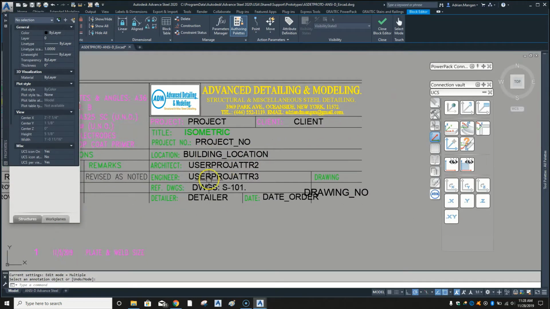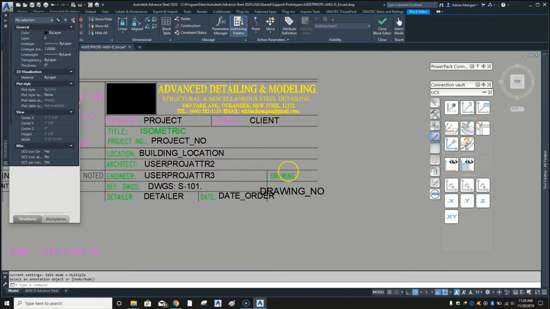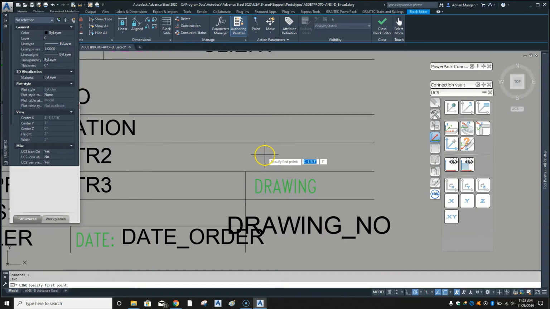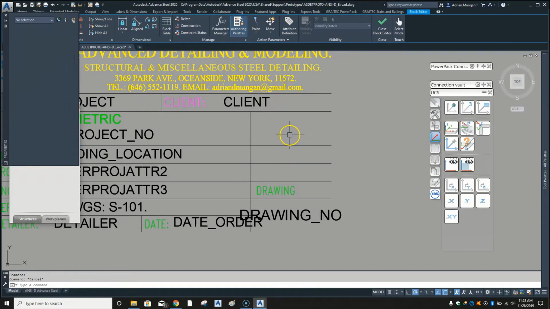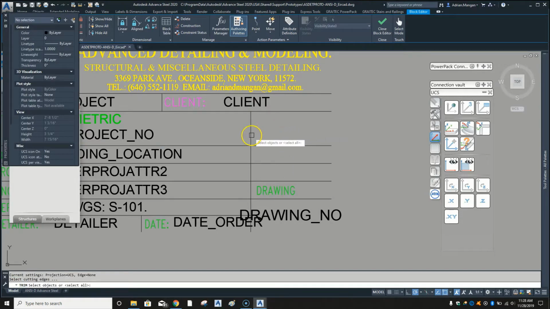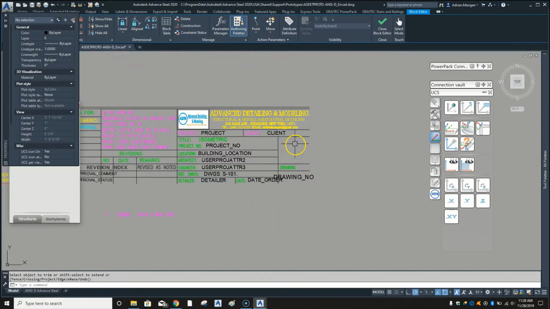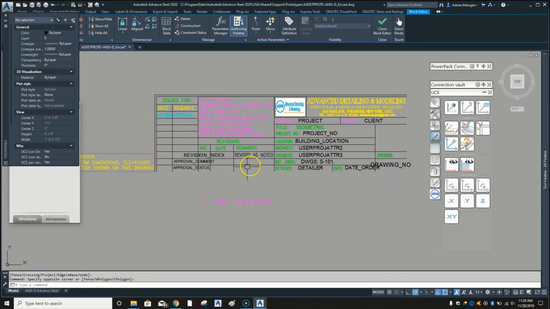So building location, detailer, all these things are fine. Let's just say we want to put in a line here up to here, and we can trim those lines back. This is purely just to show you if you want to put something in here like a stamp, or if you wanted to leave a space for an engineer stamp, something like that. Alright, so now the other thing is, if I